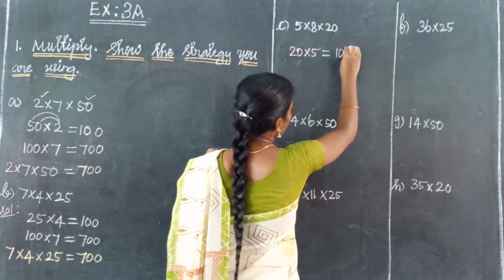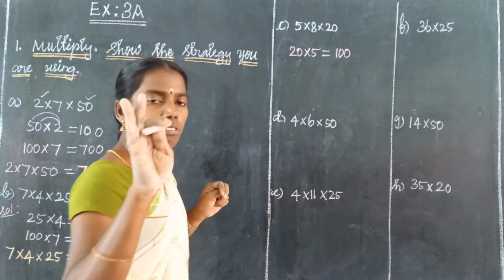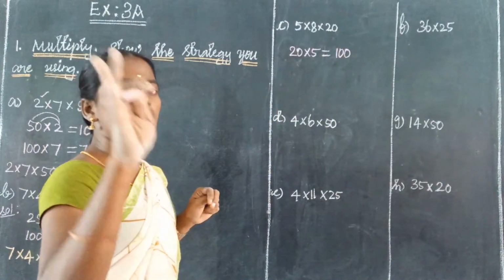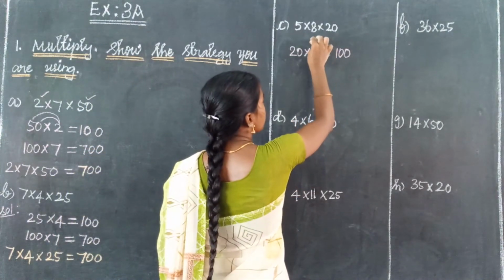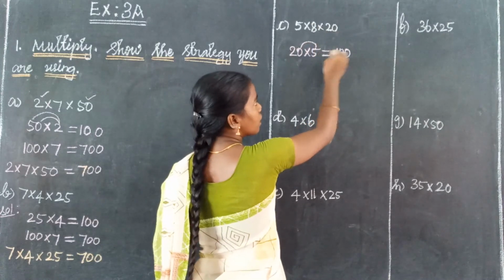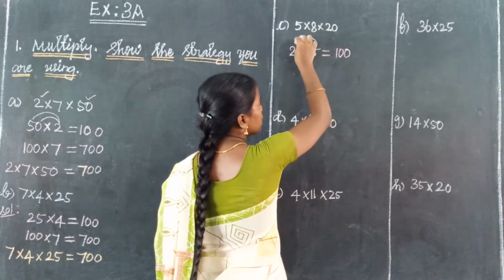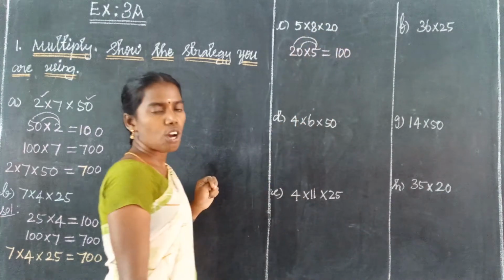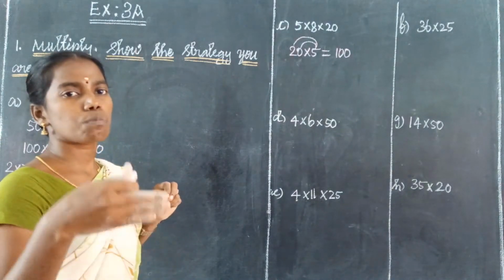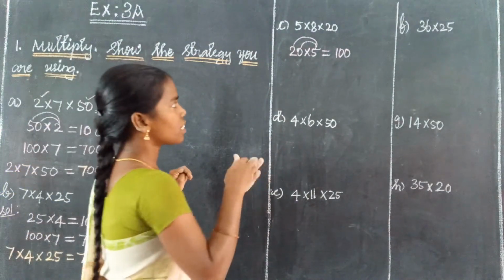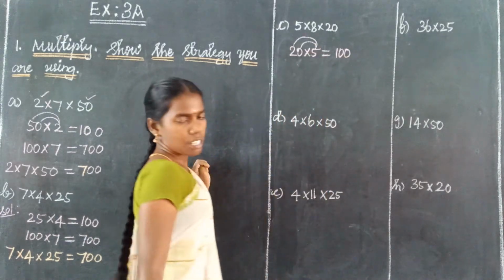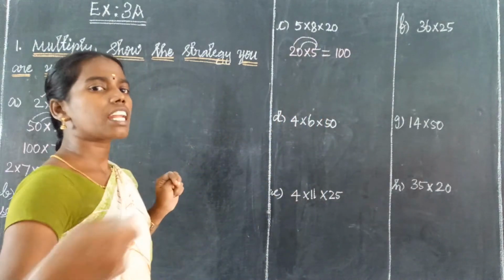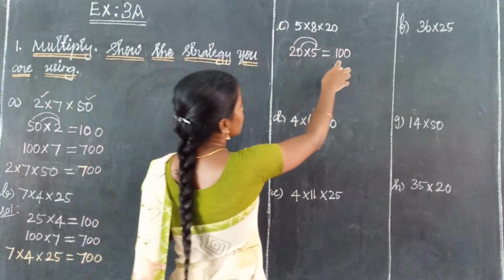So directly substituting the values is no problem. Same with the 5 table, substituting is no problem. That is 5 into 0 is 0, 5 2s are 10, that is equal to 100. So directly using our tables is no problem. Okay? In the 5 table, 1 5 is 5, 2 5s are 10, directly substituting values gives the same answer.